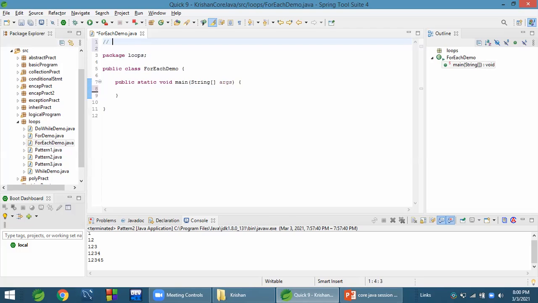Title is write a program to print 1 to 10 using for each. Here I will take one array called int EIDs, employee IDs.